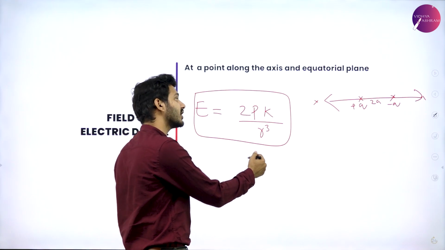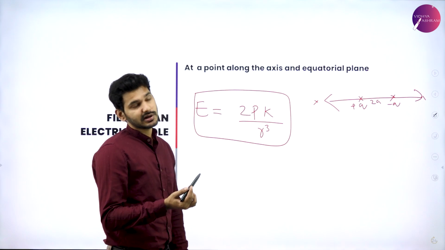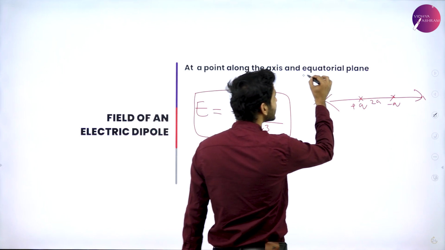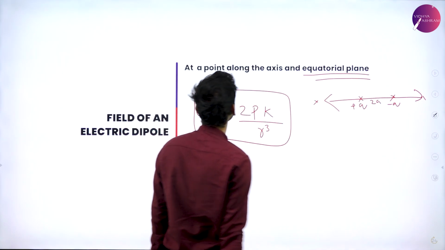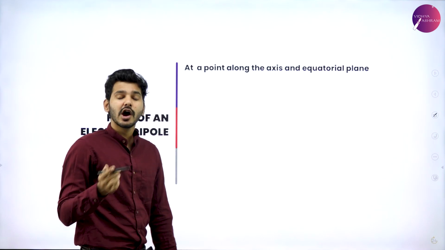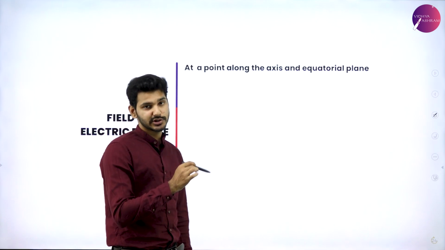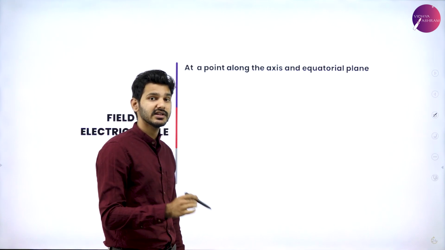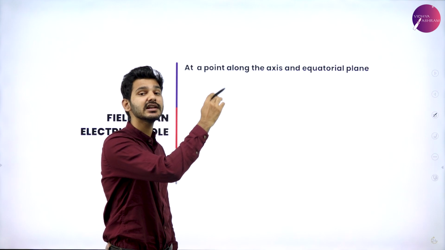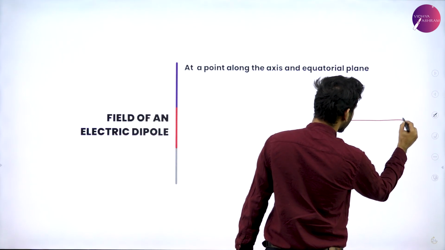What if it is somewhere along the vertical component? So that is known as equatorial points. So that is known as the equatorial plane. So the electric field along the equatorial plane. Now we are going to find out what happens when the point is along the equatorial plane. Equatorial plane means what if it is along the vertical direction. So if we take this to be a dipole,